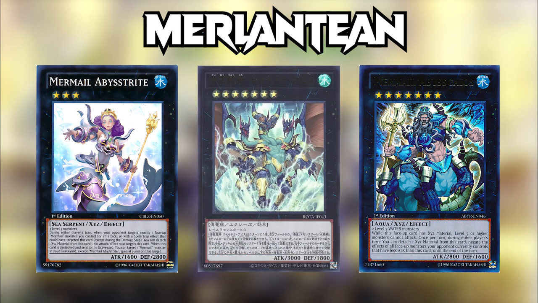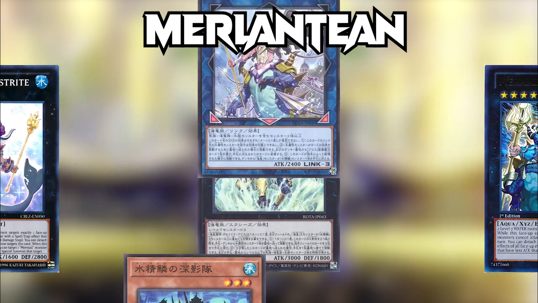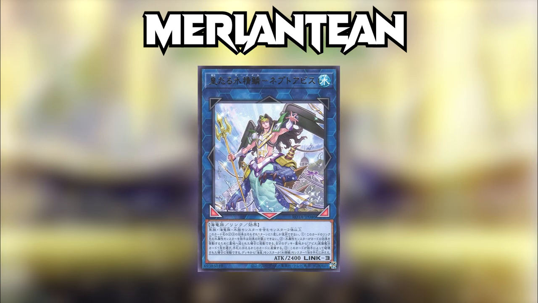And since this effect is not even once per turn, you can usually resolve it twice in a turn, once by cheating it out on top of a different Xyz, and once with 3 bodies that have been photoshopped into 7s by Shadow Squad. And then there's King Neptibus, which, in addition to protecting most of your board from targeting,